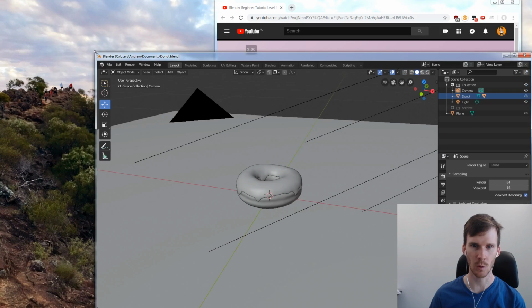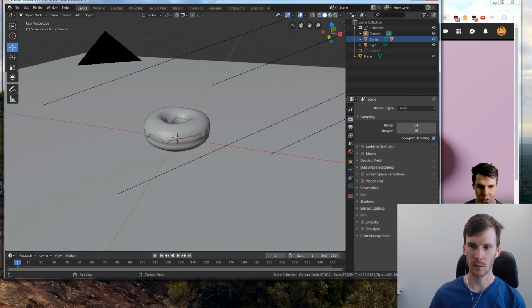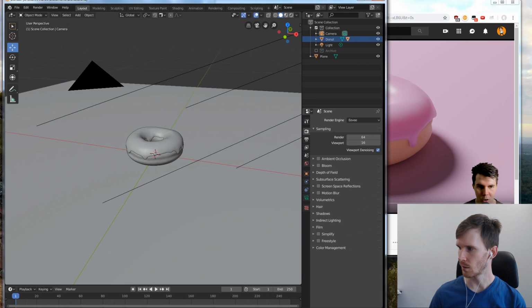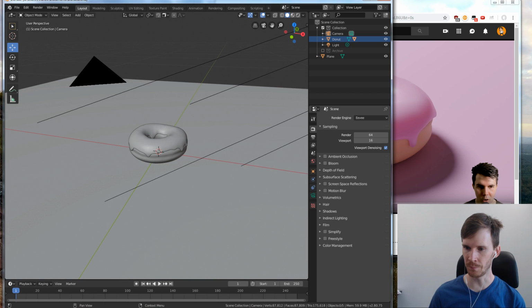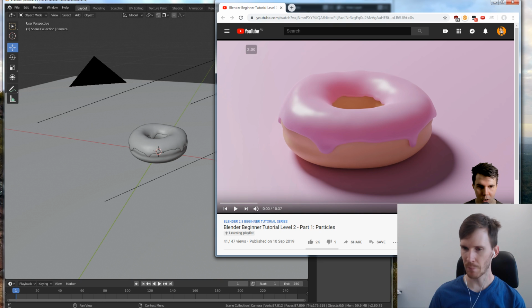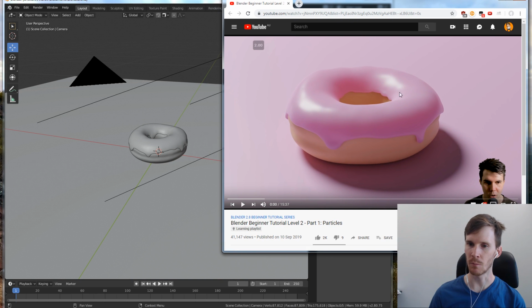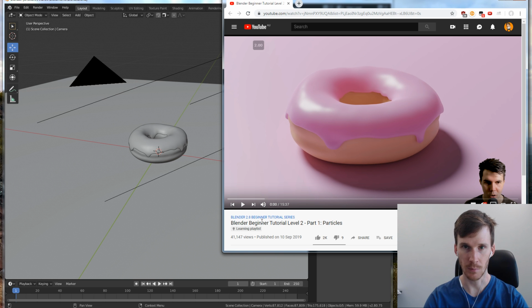I'll make it a bit smaller so I can head over here. So basically, long story short is I'm running through this Blender beginner tutorial. Last time I did level 1, I'm going to keep going with level 2. Let me just adjust my microphone. Okay, so